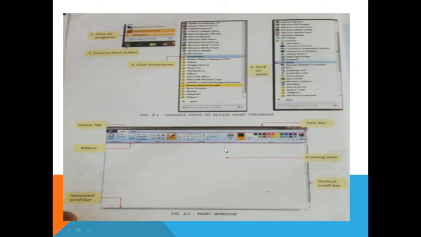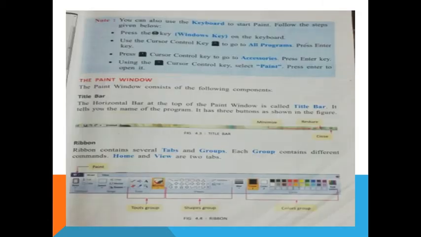This is the ribbon, and here is the color, here are the shape tools, so you can use them to draw whatever you want. Okay, dear all, please read again and again.